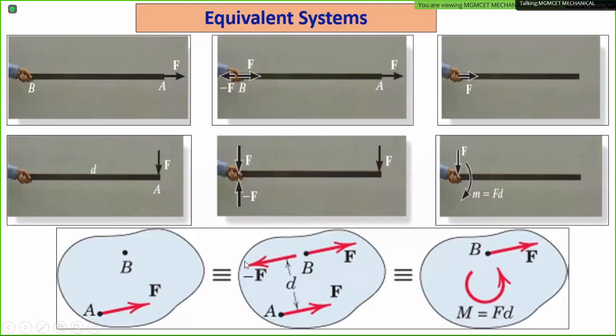Zero नहीं, ये दो force बोल रहा हूँ मैं. ये minus F and this force F acting towards right. These two forces will form a couple, and that couple is M is equal to F into D. और ये force as it is रहेगा. So I have shifted the force here. So the force can be shifted at any other point on the body along with its moment F into D. So this is called the equivalent system. Sometimes they are asking to find out the equivalent force system. There, this logic you are going to use.